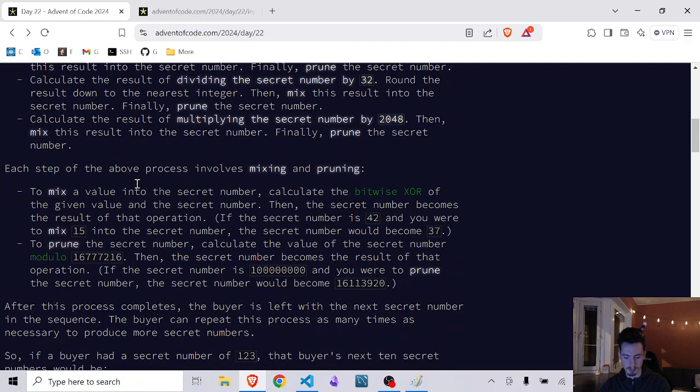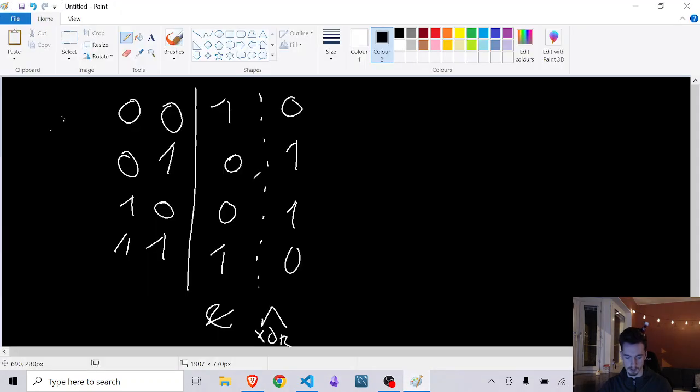What does mixing mean? It means that we do a bitwise XOR, which means exclusive OR operation. And pruning just means that we do modulus with this number from whatever number we initially had. So to do a bitwise XOR, if we have two numbers, 0 and 0, bitwise XOR, in Python you can just make this upper arrow thing, and you do a bitwise XOR with two different numbers. So if you have two zeros, it will become a 0